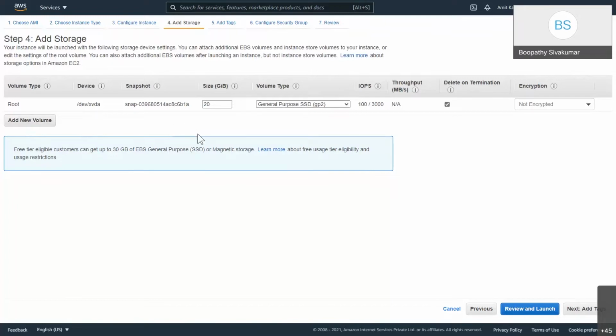If you see this, this is how a device will get attached in the Linux system or the virtual machine. If you click on volume type, we will have general purpose SSD, provisioned IOPS SSD, and magnetic standard. Magnetic standard is the old method which we were using 10 to 15 years back. These are HDD devices, we used to call them HDD, right? That is called magnetic devices. For general purpose, we have GP2 and GP3. The latest version of general purpose SSD is GP3.